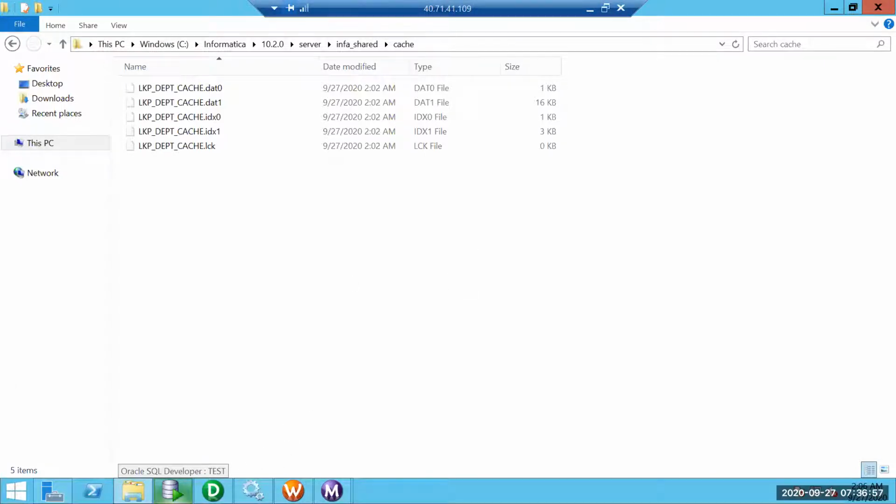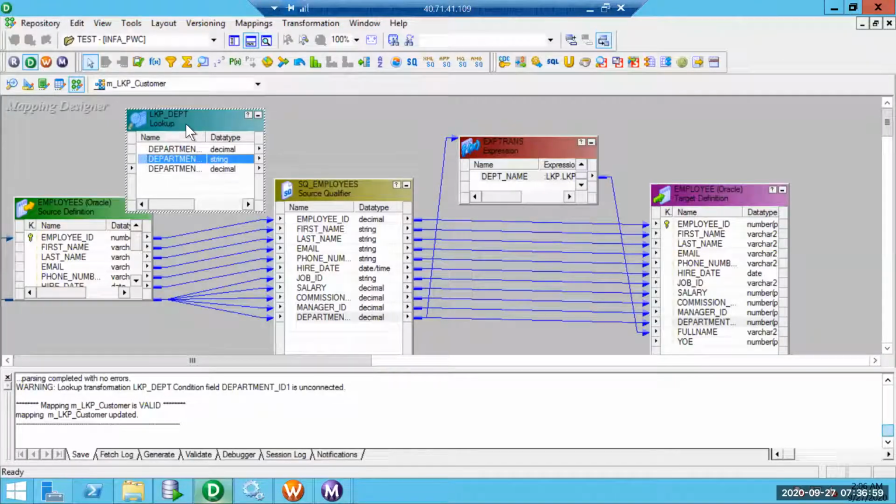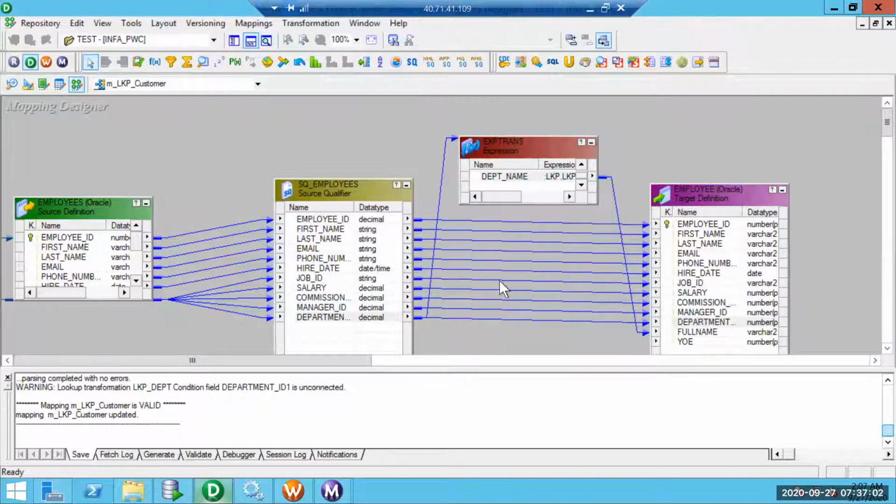Now that we have seen about this persistent, let me delete this lookup. Now let's see how to retrieve two different columns of data and then populate them accordingly. For that, I will cross-reference on the employee table itself. Then we can populate two things like job ID and salary, or I'll pick something like email and phone number.